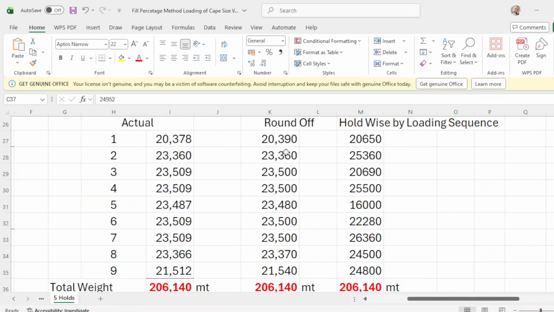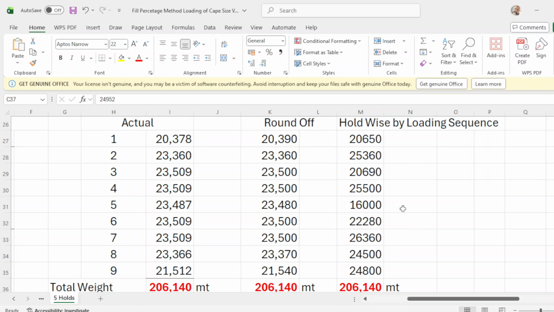By distributing the cargo in this way, number 1 has more cargo, number 2 less cargo, number 3 more cargo, number 4 more cargo, number 5 less cargo, number 6 less cargo, number 7 more cargo, number 8 more cargo, and number 9 more cargo.